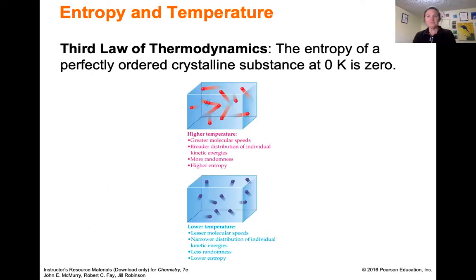Okay, so the third law of thermodynamics says that the entropy of a perfectly ordered crystal substance at 0 Kelvin is 0. So it's kind of like the all heads. If you take a sample, you slow down the gas molecules till they become a liquid, you slow those down till they become a solid, and then you slow those down so there's really no movement, except movement that has to be there, which you learn more about in physical chemistry. Then you would get this perfect order, and there'd only be one way to do that, and so the entropy would be 0.